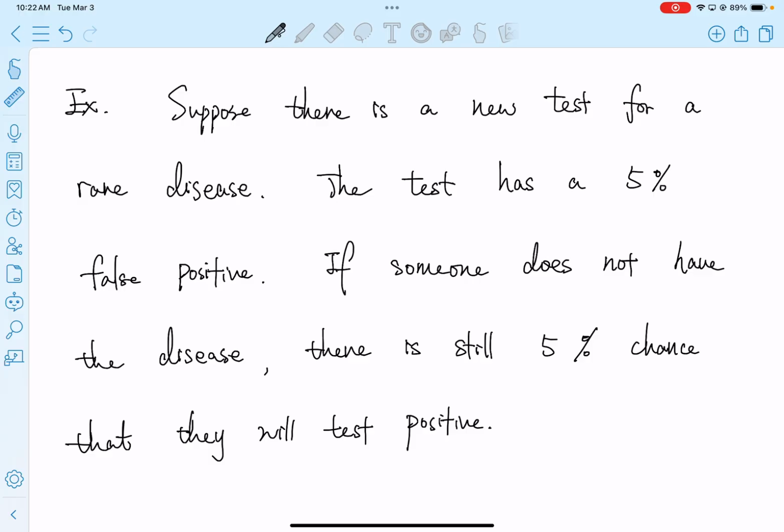Okay, so in this context, we have two things that we are concerned with. One is a test, and the other is a disease. Maybe through something like testing for COVID, you will need some tools. So those tools or tests have a 5% false positive rate. The false positive means that if someone does not have the disease,